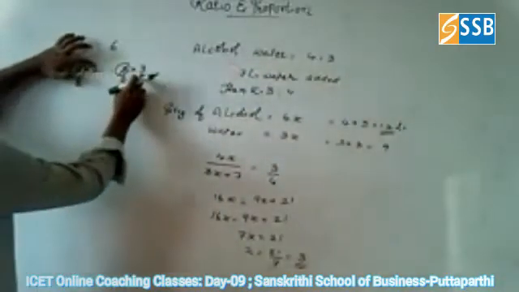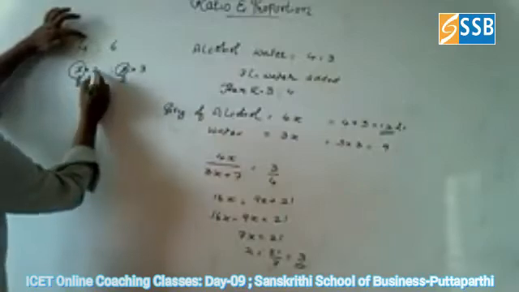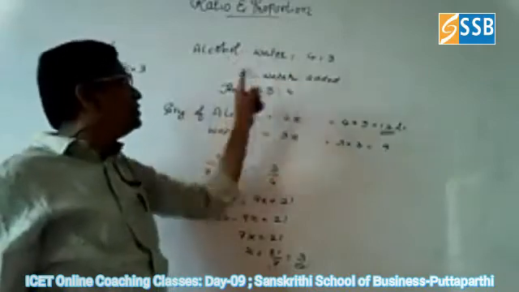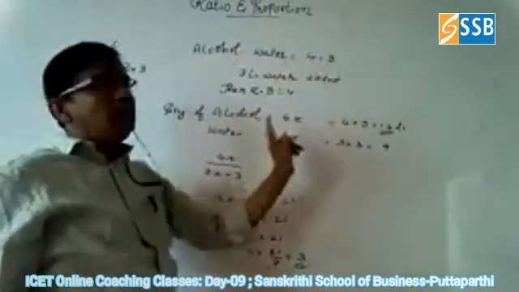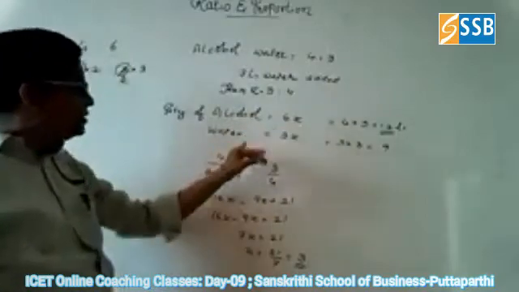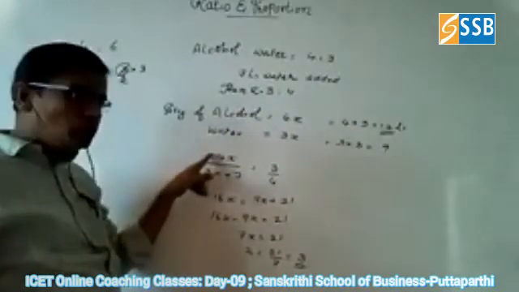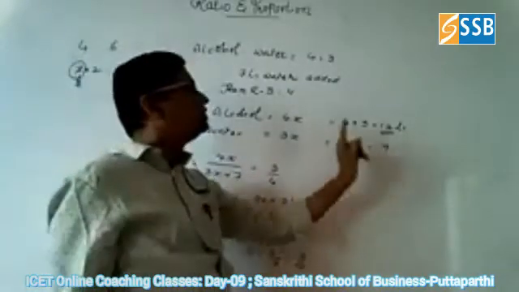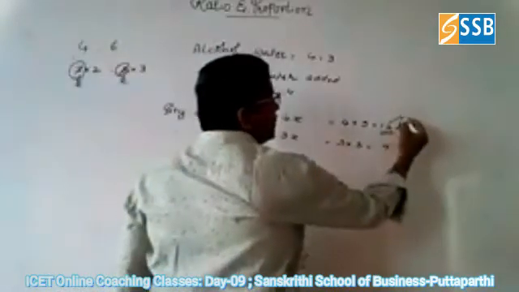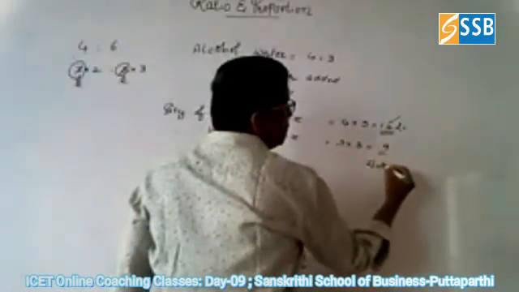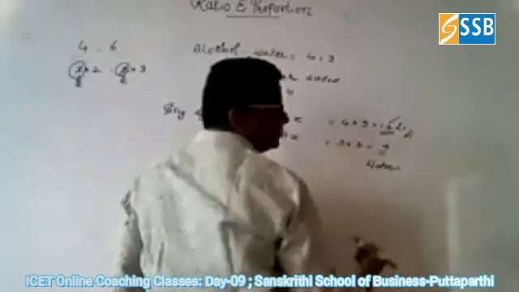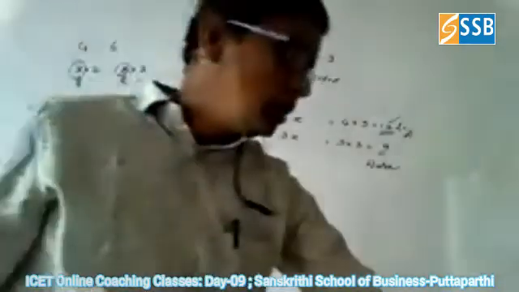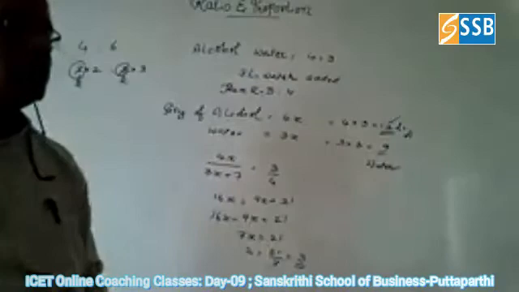Because this is in simplified form, it is given in this form, and I am writing it in this form. Nothing but some constant value I am multiplying. That's why the alcohol quantity is 4x and the quantity of water is 3x. If you add 7 liters of water to it, the alcohol will stay like that. Add 7 to it, automatically you get this and solve this. The quantity of alcohol is 12 liters, this is the quantity of water, this is alcohol. Do you understand? Like this, we are going to do one more such type of problem.